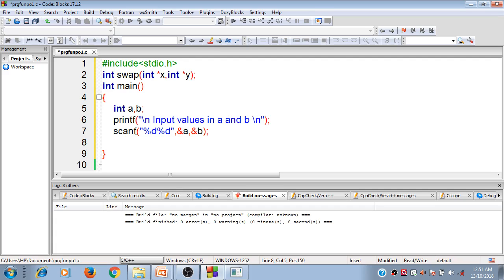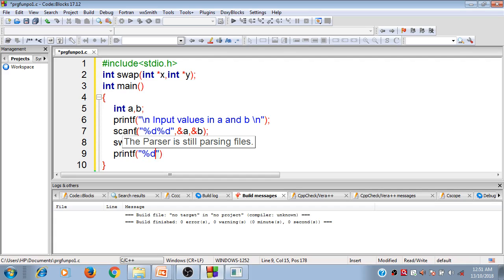So I will call the swap method, but this time I'm going to pass the addresses of a and b. These addresses are going to pass to the pointer variables x and y to perform the work.